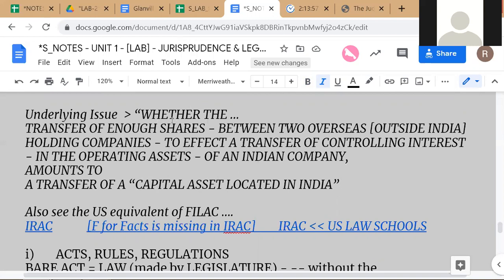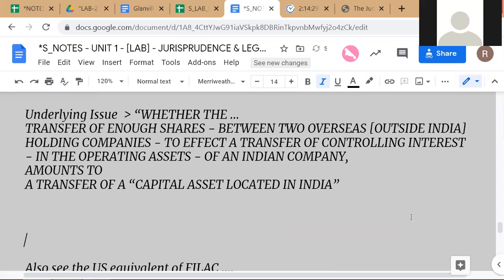You could even state this at an even more fundamental level if you wanted to apply this in an international context in other countries. As a general principle of international taxation, instead of using restrictive language from the Indian Income Tax Act, you could rewrite this as saying, let's say, amounts to... let's write this also actually. Then you'll learn about different levels of abstraction. In this Glanville Williams article, which you are expected to read,